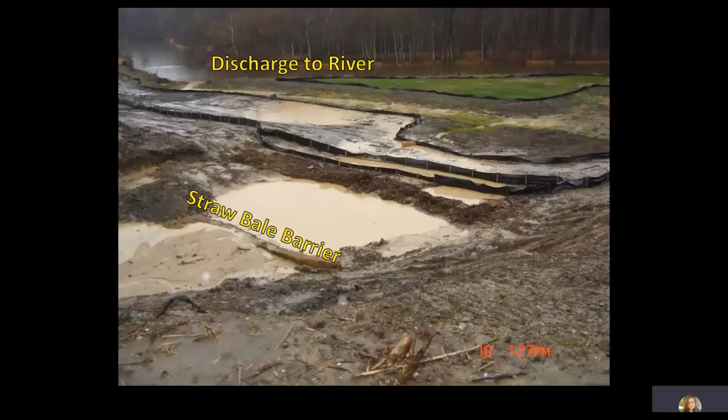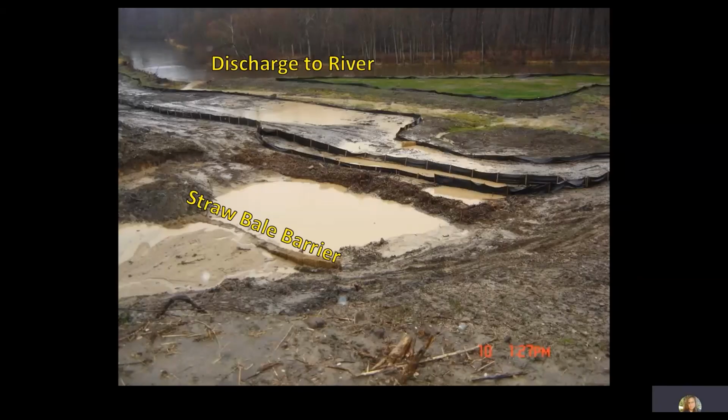This photo depicts a large construction site during a light rain event. In approximately the middle of the photo, you can see that sand particles are settling out behind a straw bale barrier. Clay and silt-sized particles are passing over this straw bale barrier, then through a small sediment basin, through a brush barrier, through multiple rows of silt fence, to finally discharge into a river towards the top left of the photo. This particular site has generally silty clays with some sand, and as you can see, the sand had settled out first in front of the straw bale barrier. The lighter particles are left to hopefully settle out in the sediment basin.